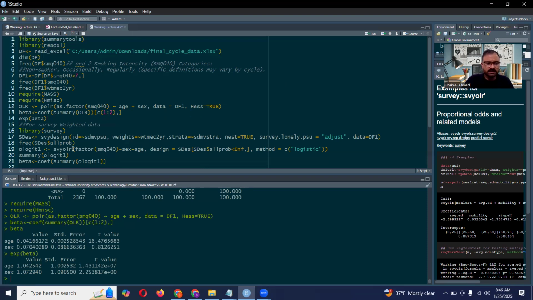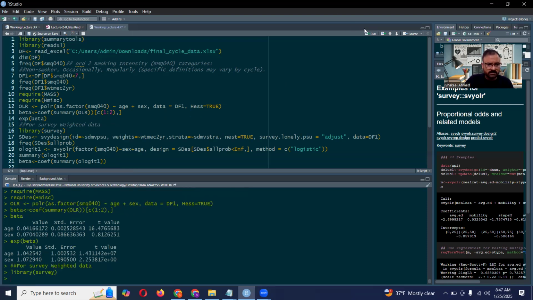This is the unweighted result. Now we will see how the result changes when we include the survey weight in our analysis. So I'm calling this survey